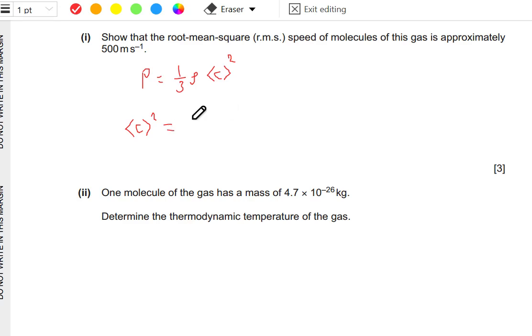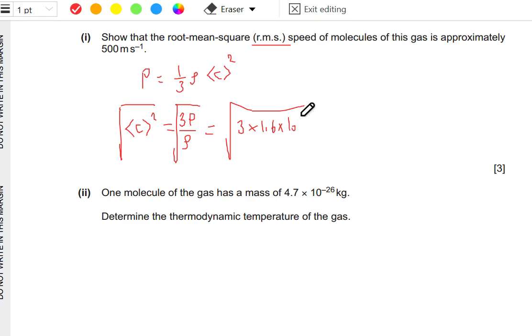this, p times 3 over rho, and we can take the square root to get the RMS speed. So we have here 3, and the answer will be